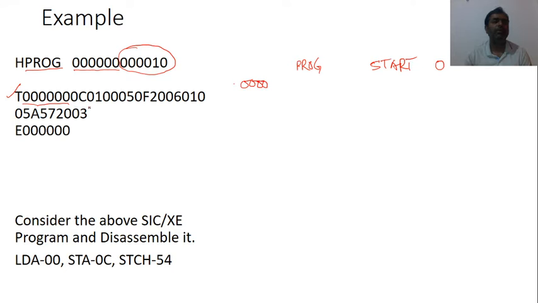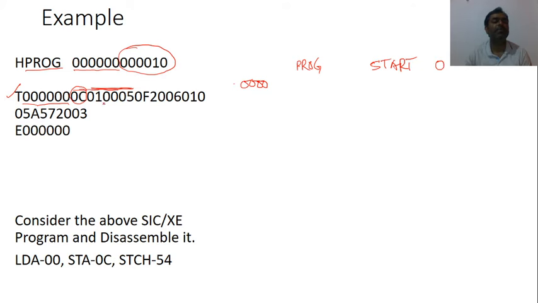Now when I am converting the object program written in SIC/XE into the source program, first we have to consider that this object code is written in format 3. If I consider this object code is written in format 3, then you can see here this is the size of the text record and this is the object code written in format 3. Now you know that in SIC/XE, first we have to convert this hexadecimal value into binary, then only I can understand which type of addressing is applied here.